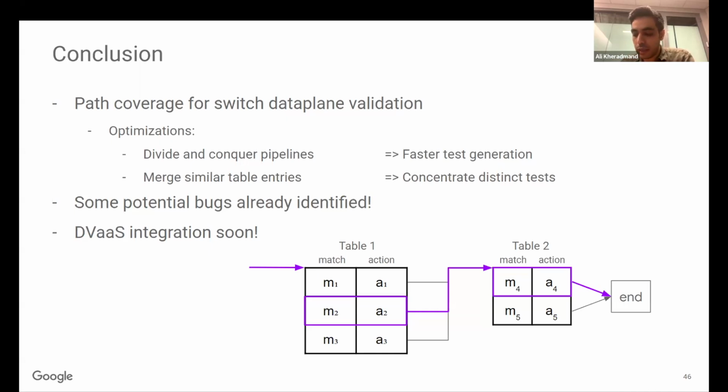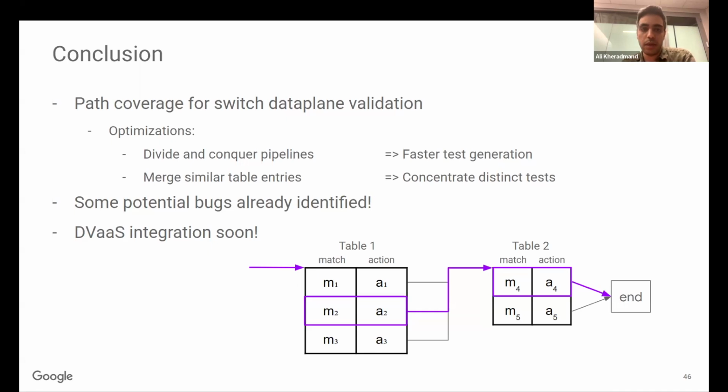For example, a very concrete case is the stateful elements. We don't model notions like registers. We do model counters, but we don't necessarily support them in P4 symbolic, and we don't validate them using P4 symbolic. P4 symbolic focuses on single packet forwarding behavior, like the input-output relationship for a single packet.